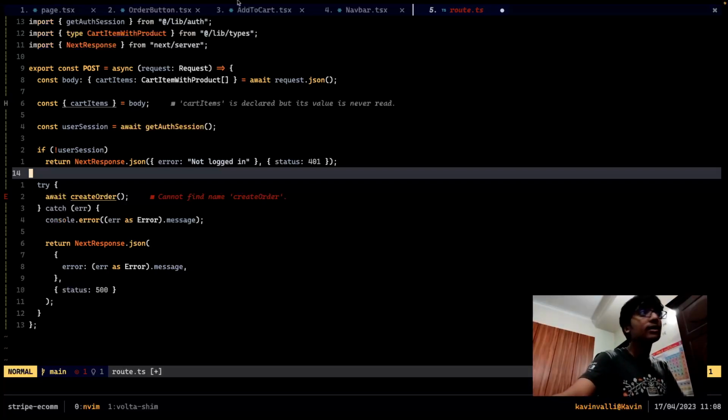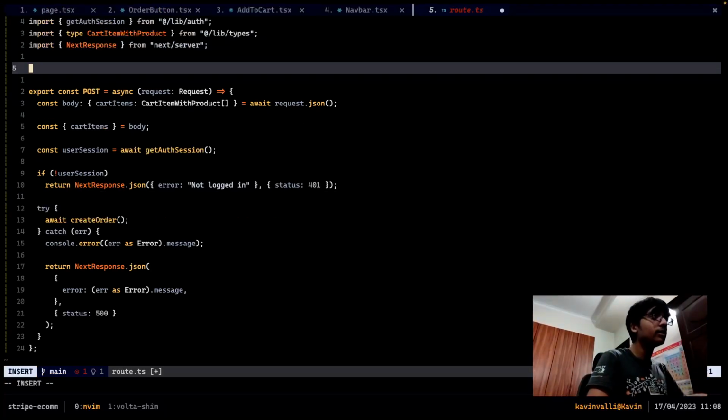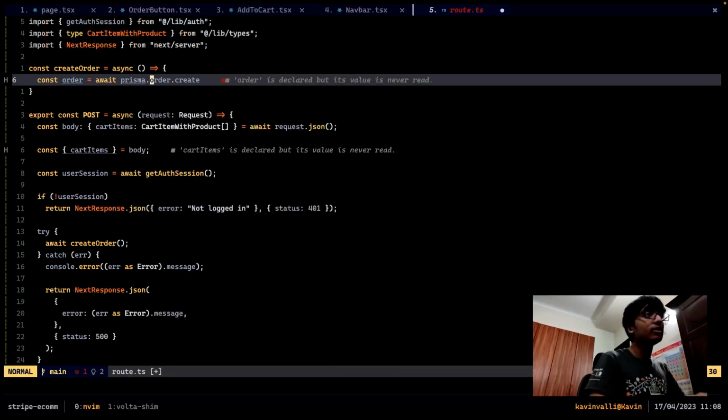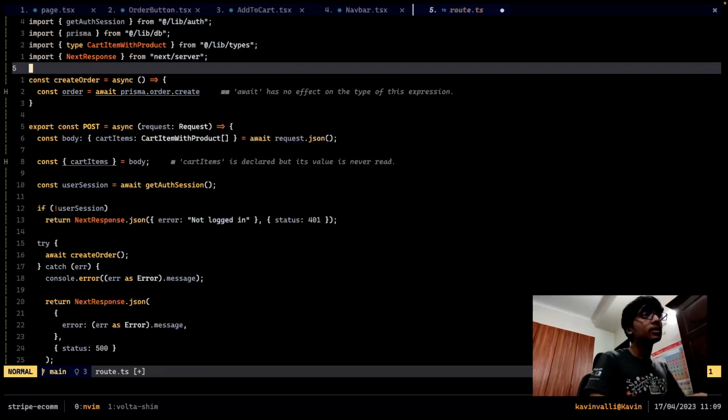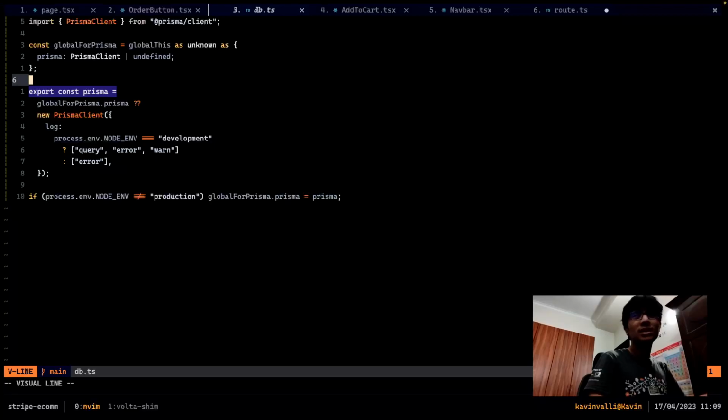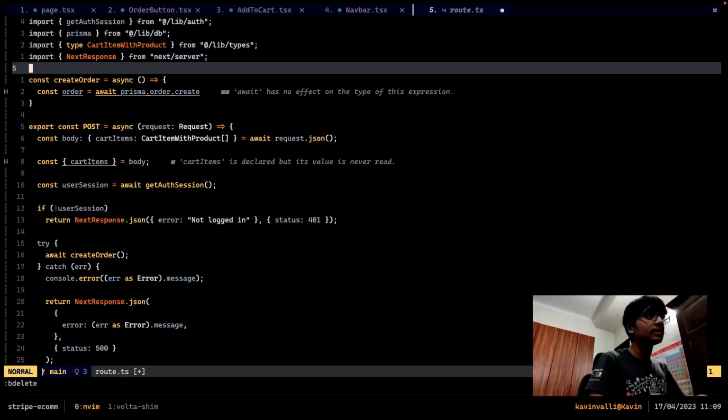So for that, inside here, I'll just say const create order. This will be an asynchronous function because I need to work with Prisma over here. So I'll just say const order is equal to await Prisma dot order dot create. Now I need to get this Prisma from lib slash DB. So this is a basic Prisma implementation. So once that is done,